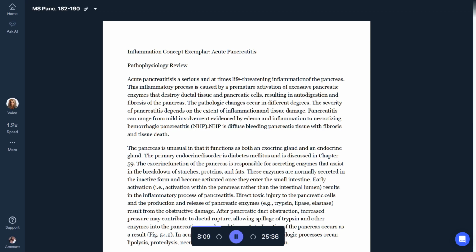Lipase also helps determine the presence of acute pancreatitis. Serum levels may rise later than amylase and remain elevated for up to 2 weeks. Because these levels stay elevated for such a long time, the primary healthcare provider may find this test useful in diagnosing patients who are not examined until several days after the initial onset of symptoms. An increase in lipase and amylase in the urine is also expected.